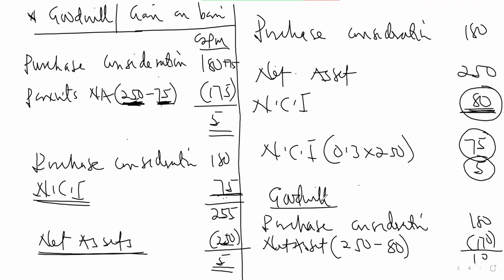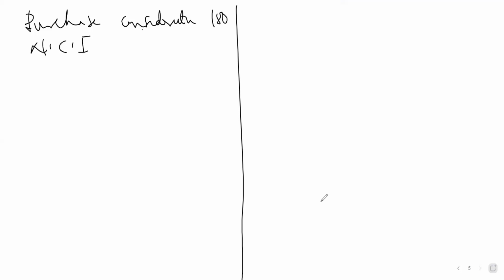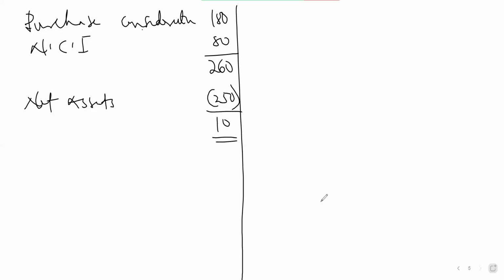So if there is an impairment of the goodwill, someone can also calculate the goodwill differently. Some people might be getting confused because of what they know. So let me use your own tool. I will not leave you like that. So we have the 180, then we have the NCI of 80, then you have 260, then you now have the total net assets. We are adding the NCI because the NCI has not been subtracted. So the NCI is part of the 250. So 80 against 80, you'll be having 10.